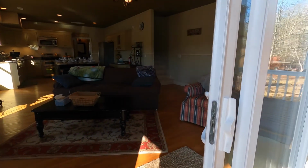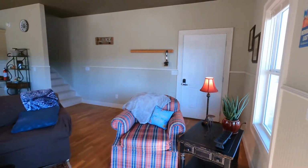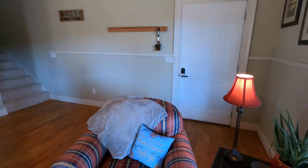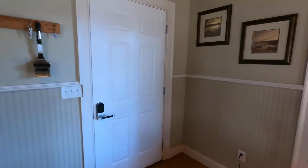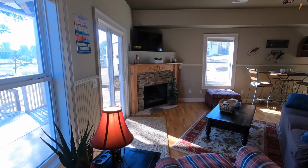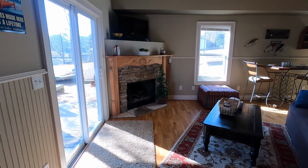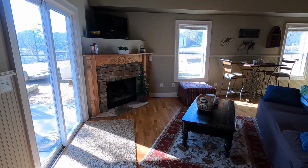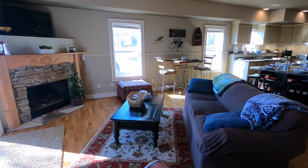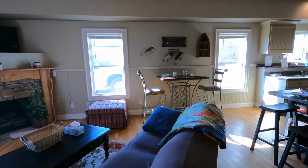So here's the house. So you come in, that'll be your main entrance. Let me get over here in a spot where you can see it all. So you got a TV, a non-functioning fireplace. Eventually I'm going to convert that over to propane. Correction, to natural gas. Just a little seating area. It's television. And then you got